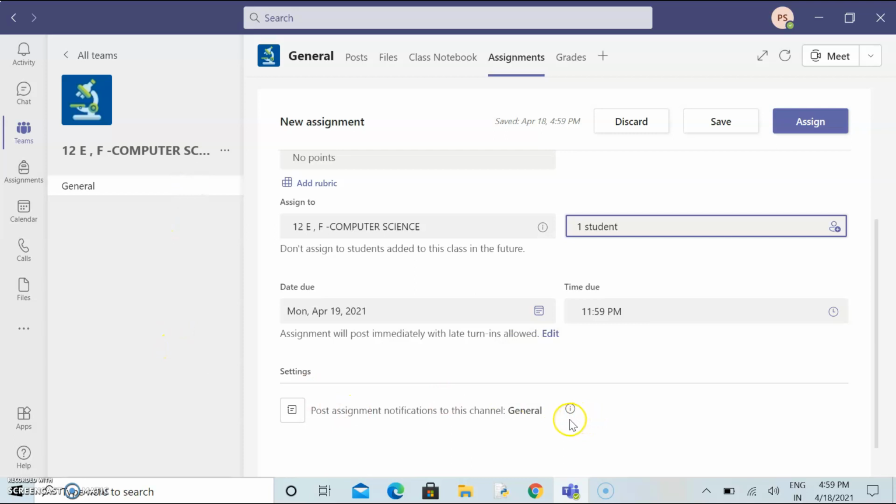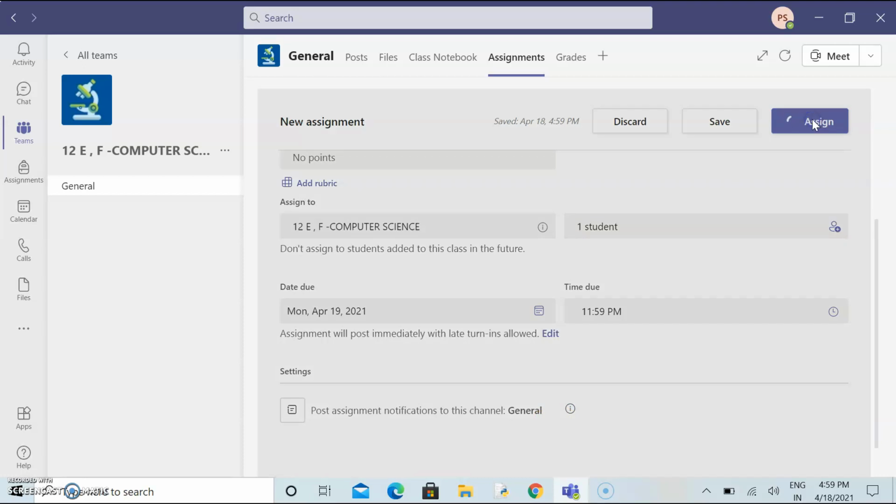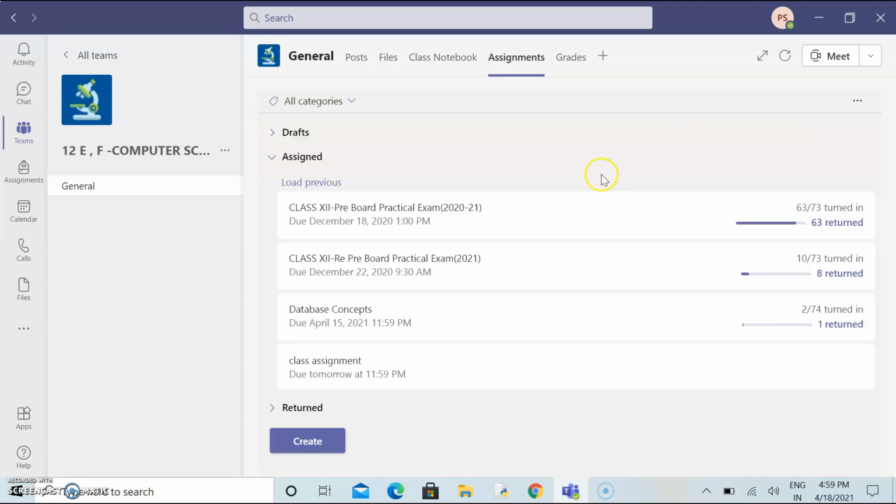Here the edit link will show, then you can specify the particular channel for the assignment. After that, click on the assign button. Within a few seconds you will get the notification, and here you can see that I have assigned one assignment to the student, class assignment.